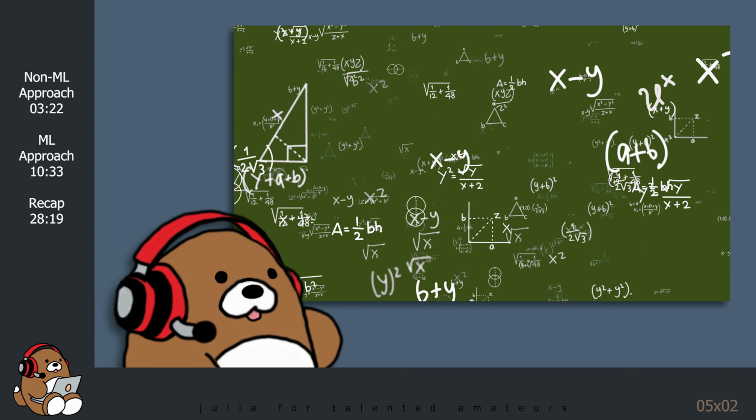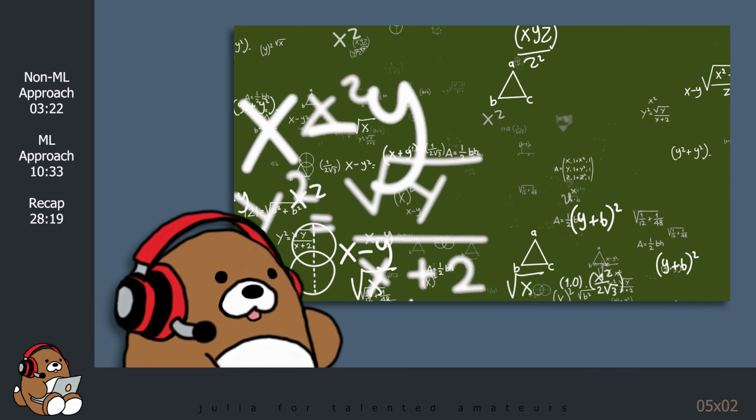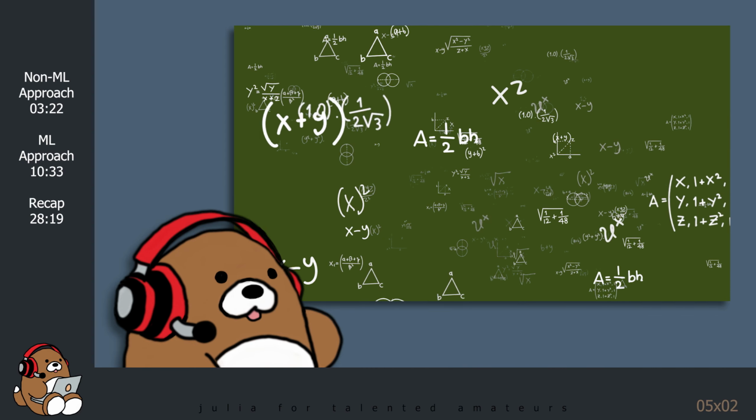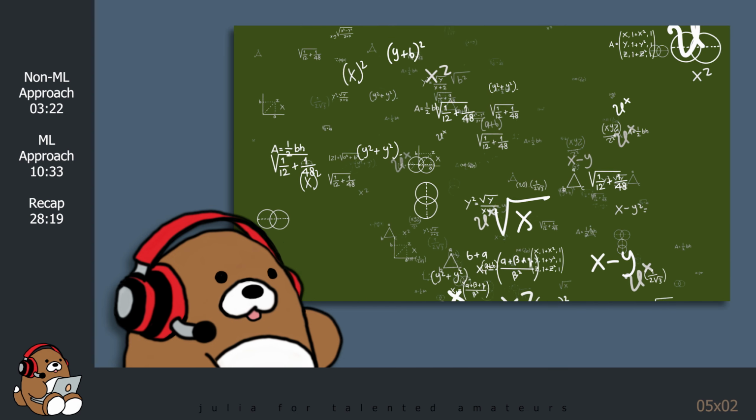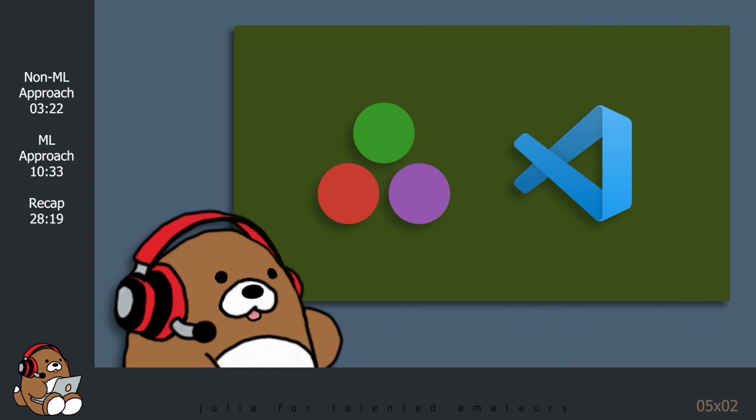There's a lot of math involved with machine learning. But for my tutorial series, there are no special math prerequisites, since I'll be covering any math that you need to know. But I am assuming that you know the basic syntax and semantics of Julia, and that you know how to use VS Code, along with the Julia extension for VS Code.